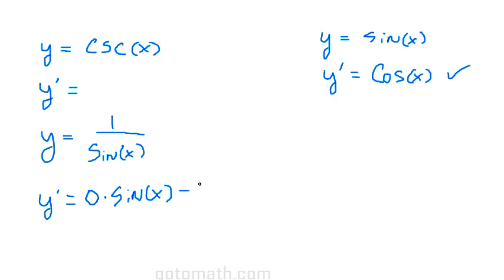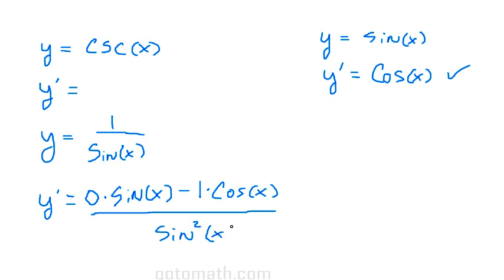minus the numerator times the derivative of sine x. So that's going to come from over here. Derivative of sine x is cosine x. So we'll write cosine x right here, and then it's all over the denominator squared. So we're going to square that, and we put the 2 there, notation. Okay, so now what we'll want to do is clean this thing up, and so 0 times sine x is 0, and so we're left with negative,